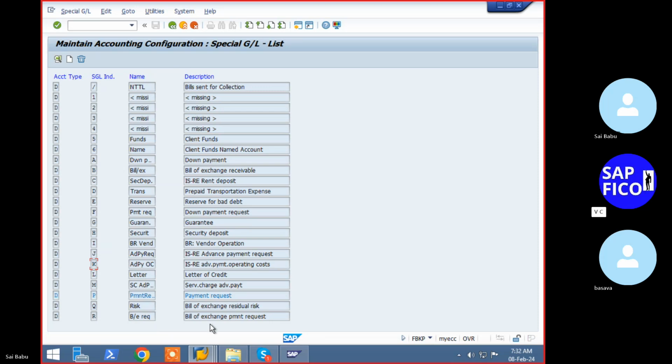We don't need to do anything with the FBKP transaction code, but whenever we have a scenario like a vendor who is also a customer, then you need to have it. So try to remember the point. They are going to ask you this question in particular interviews. Give slash n, go back to the transaction code